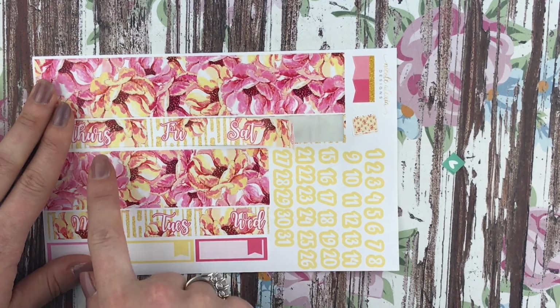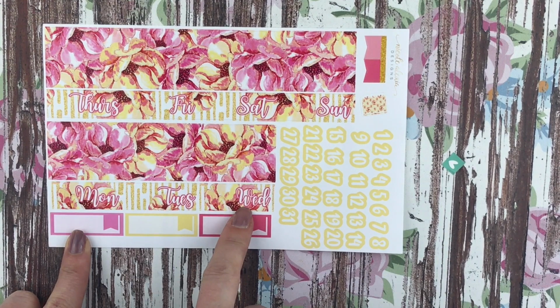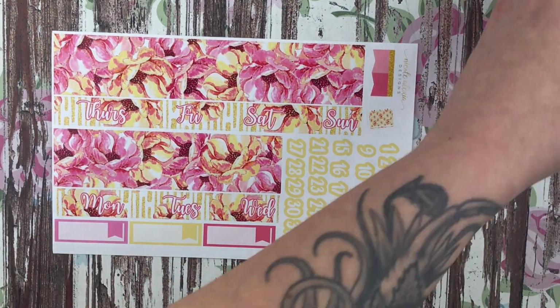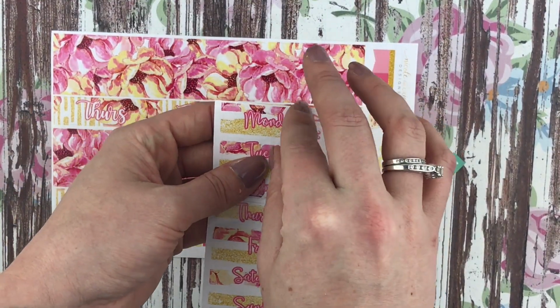You guys can see there. It is just one long strip, so you have the second half of the week here, the first half of the week there, and I really like the way that the pattern lays behind that a little bit better than the way that it lays. Let me grab my date cover sheet when they are done this way, and they're having to be pulled up